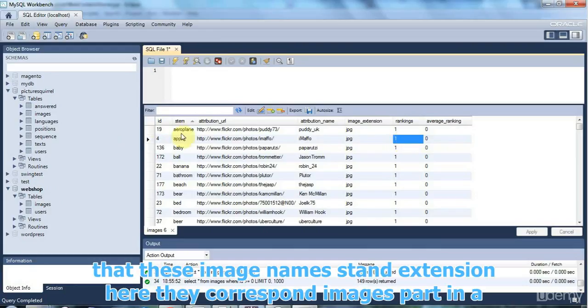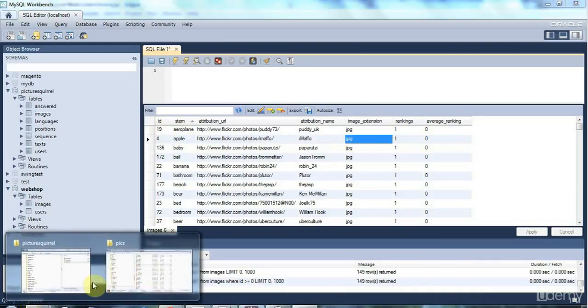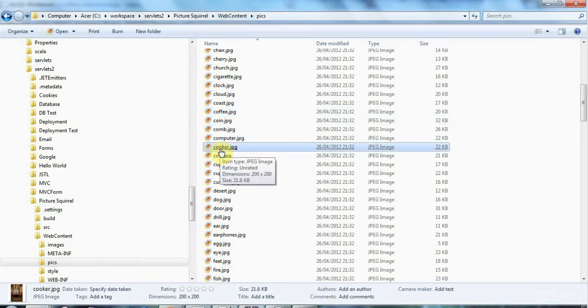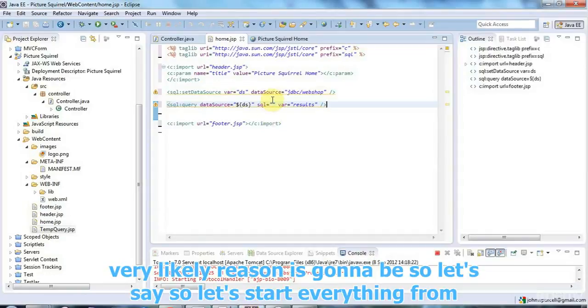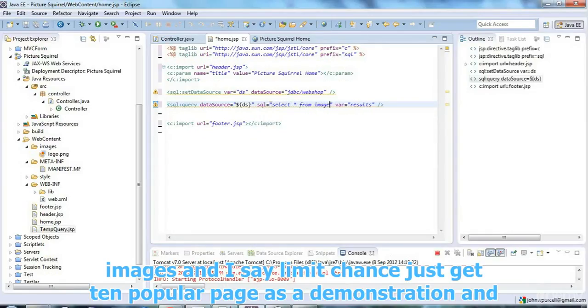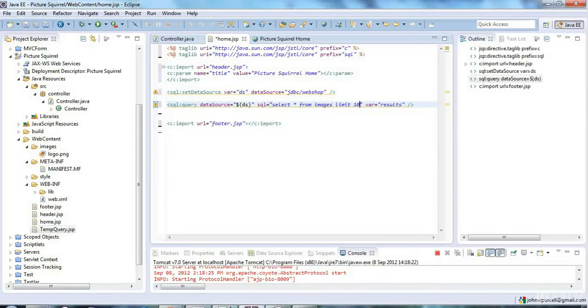But now these image names, so this stem together with the extension here, correspond to images that I put in a pics subfolder of my web content directory here, and I'm going to use those images in this tutorial. So let's go back to the query, and my query then is going to be select everything from images, and I'll say limit 10, so we just get 10 images to put on the page